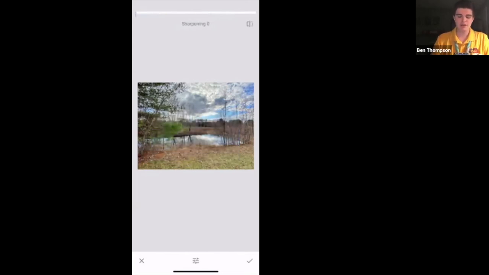And then sharpening, for the most part, will make the photo look crisper, or give a sense of a higher quality image. But when it comes to sharpening, you don't want to over sharpen it or add too much of it, because what will happen is then it will pixelate, or it will start to